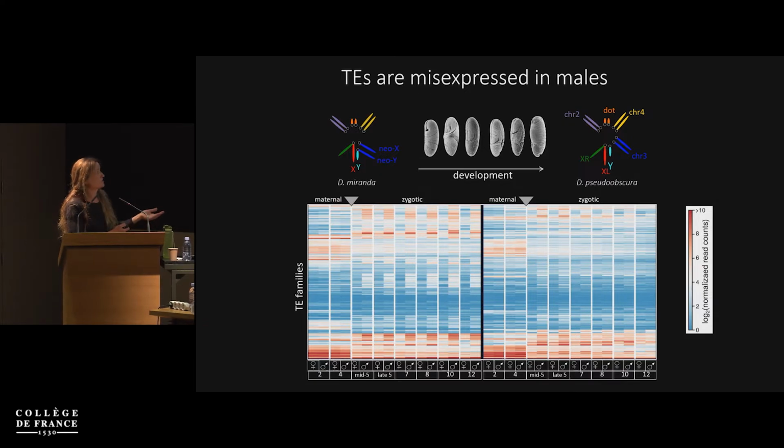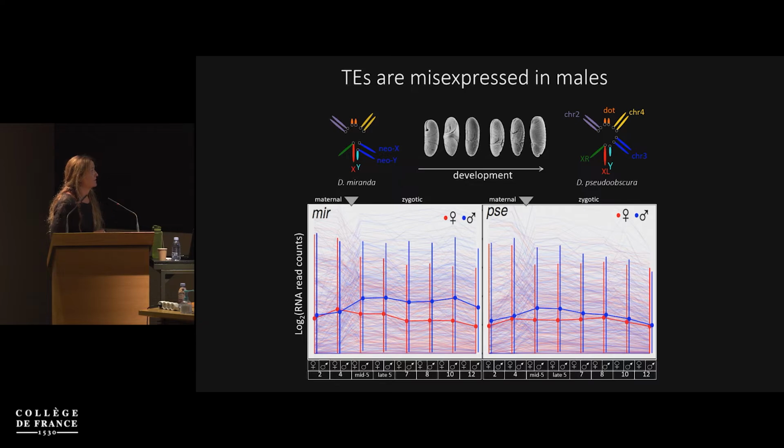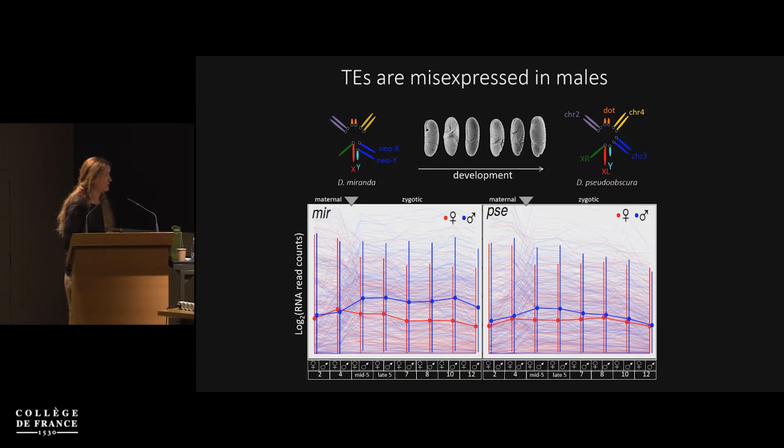And as you can see, once the genome becomes activated, we start seeing a differentiated transcription between males and females, and more transposable element transcription in males than in females for both species. And this is just replotting the same data, adding up all the transposable element transcripts across families. In blue is males and red is females. As the zygotic genome becomes activated, there's a burst of transposable element transcription, especially in males, and this burst continues across development in miranda, and there's a short burst in Drosophila pseudo-obscura where there's substantially more transposable element transcripts in males compared to females, but then it levels out later in development.